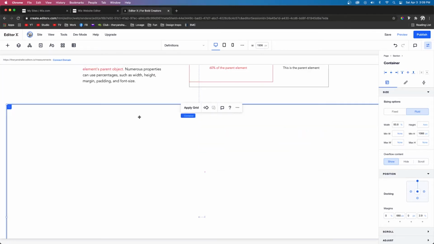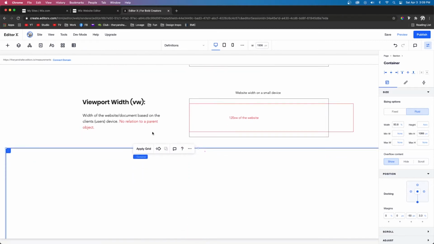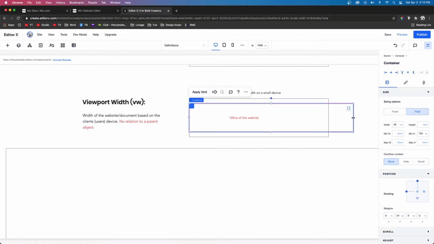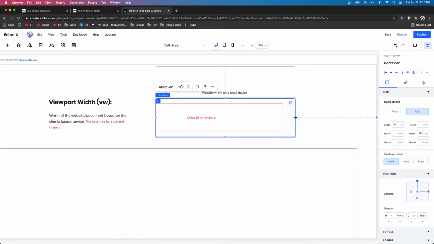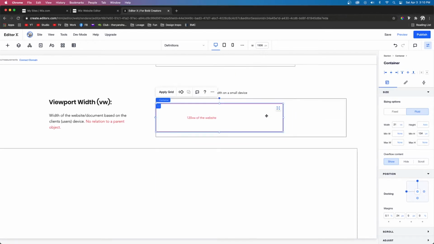The next unit of measurement is viewport width. Now this is where things kind of get a little tricky and complicated to explain. It's kind of similar to percentages, except it is not the percentage of the website, but it's actually the percentage of the screen size that your user is viewing it on. So for example, let's say we have a child element that we want to be like 90% of the width of the website. If your user has a larger screen than you designed it on, and you have viewport width